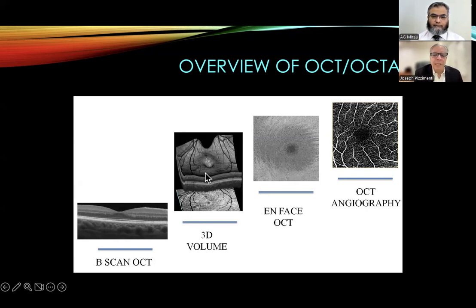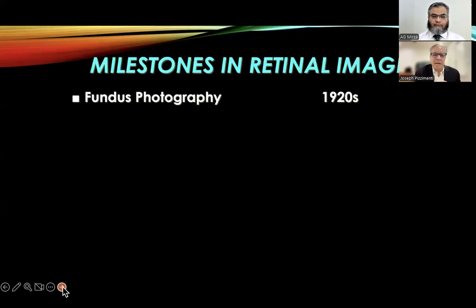And the 3D data also gives the instrument the ability to determine these OCT angiography maps, where we can now separate the vascular layers of the retina from the superficial capillary plexus, which we see here, all the way down to the larger blood vessels of the choroid. So that, in a nutshell, is an overview of the technology.